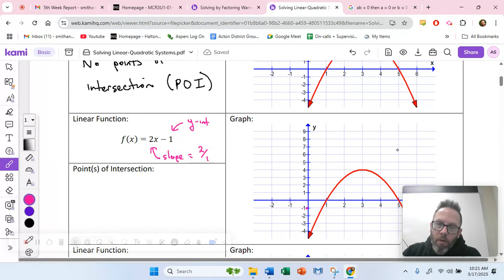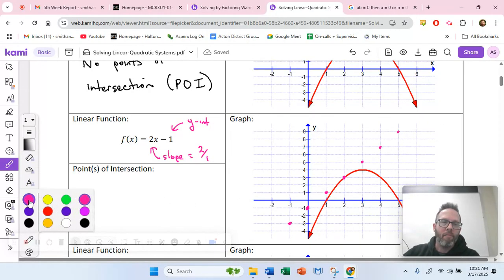So where are we going? We're starting at -1. And then we're going up 2 and right 1. And up 2 and right 1. Well, look at that. I think we touched. And then up 2 and right 1. Yes, touched. It's not inappropriate. It's just said touched. They met. They met at a point. Look, they met at a point. If we graph that line,